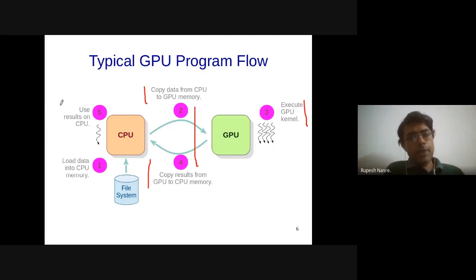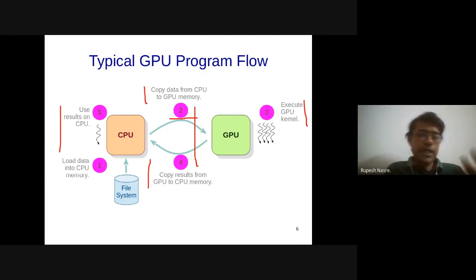On the CPU, I might have a do while loop. Right? This step number 5 might again go back to step number 2, and so on. This loop might keep repeating, the way we have done all our numerical processing. There is a do while loop running on the CPU, and inside that there is a for loop which we are trying to parallelize. This for loop, we are going to offload to the GPU because it is nicely parallel. This do while loop, which runs until a certain condition is met, or a certain error criterion is reached, or a certain number of iterations are done, is still happening on the CPU.